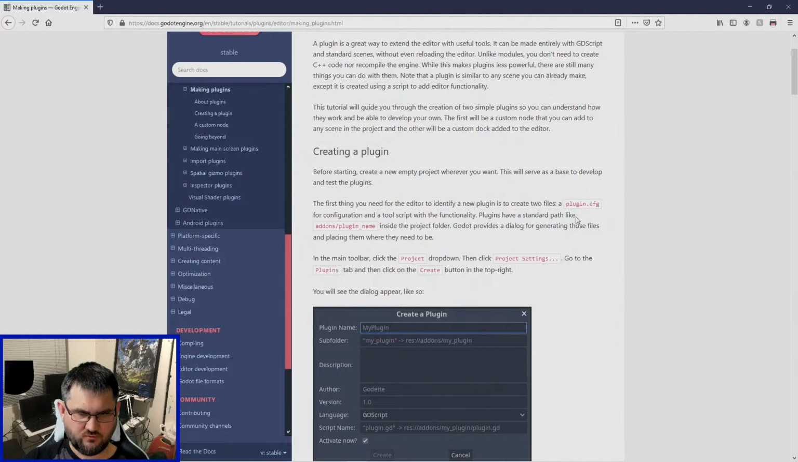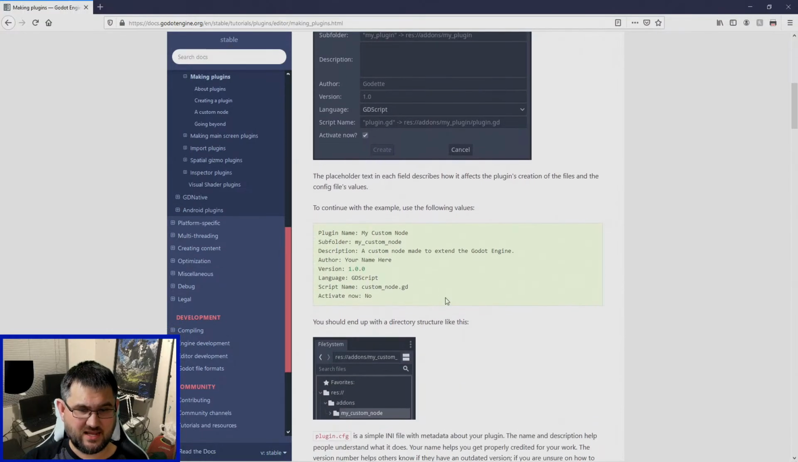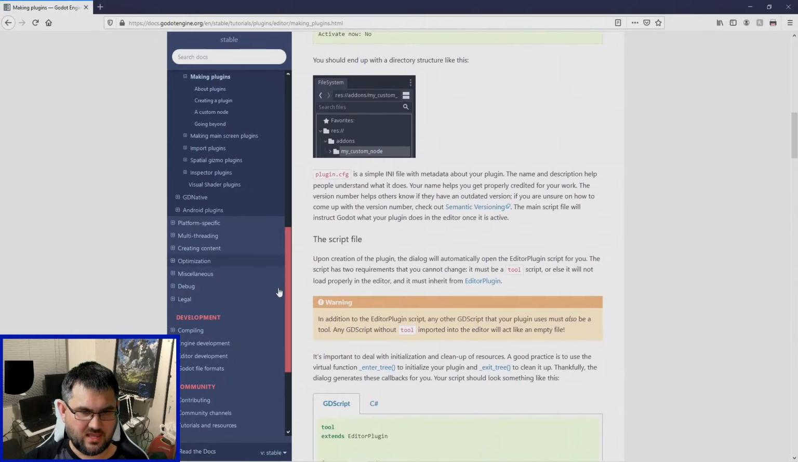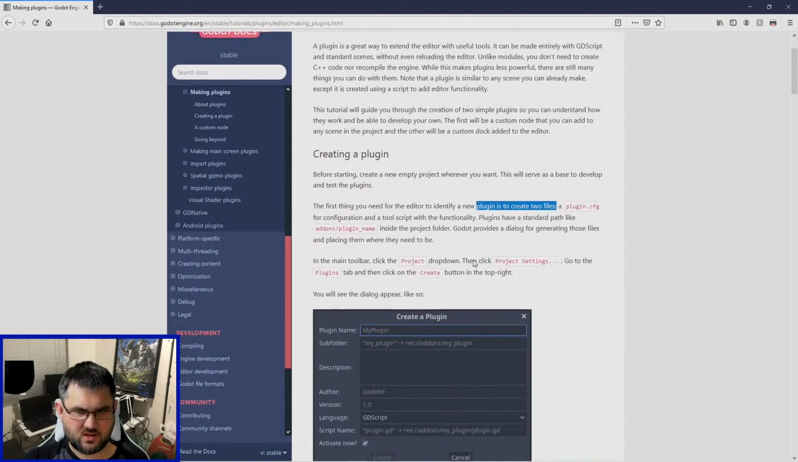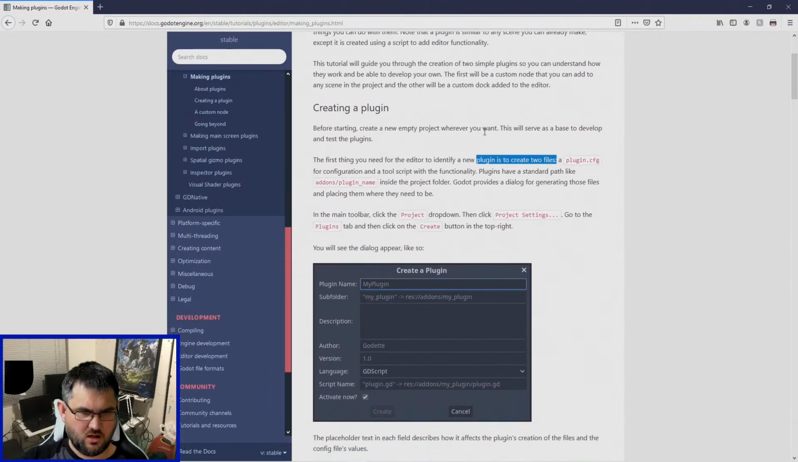what? It says 2 files. That's 1 file. All right. We need to create 2 files, and it only talks about 1. I think the second one that they're talking about is later on. So the script file. Yeah, the script file. So that's what they're on about. All right. So,